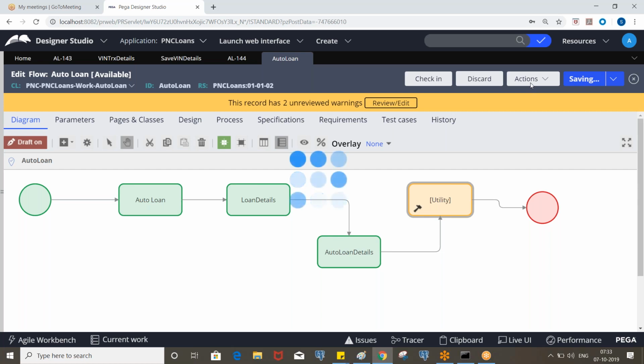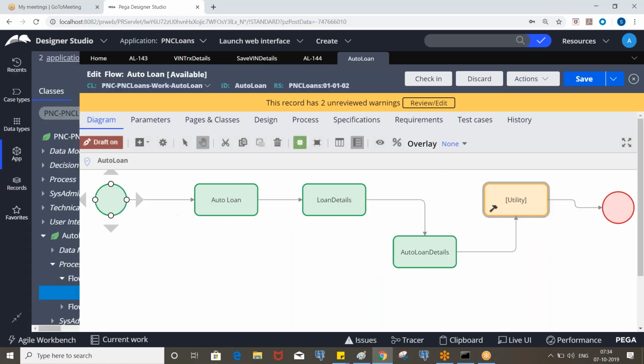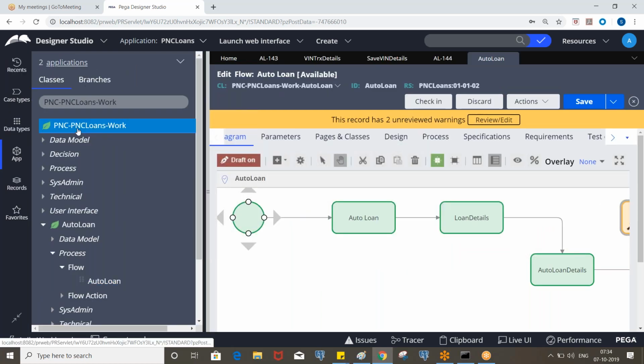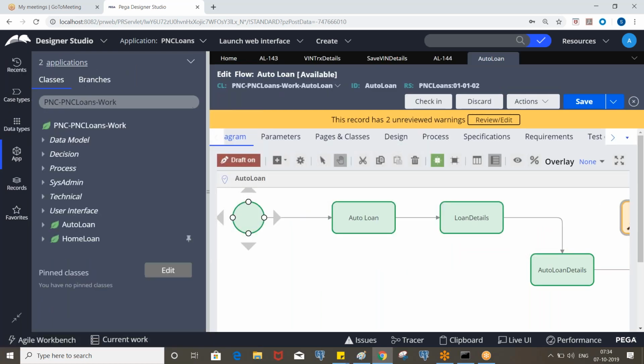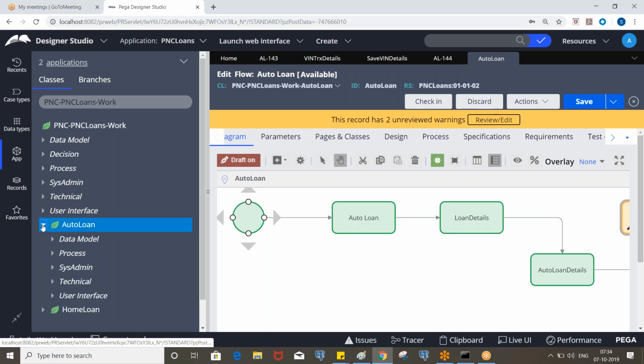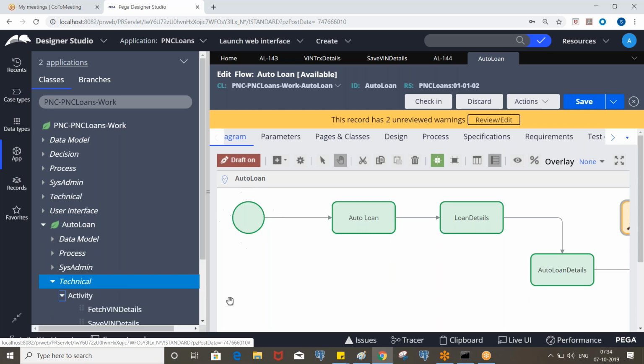Clear? Any questions? I didn't get the exact point, because even in the auto loan details we have created a few activities, right? You have mentioned here that utility is only for the activity. Generally it has to show the list of activities available in auto loan, right?